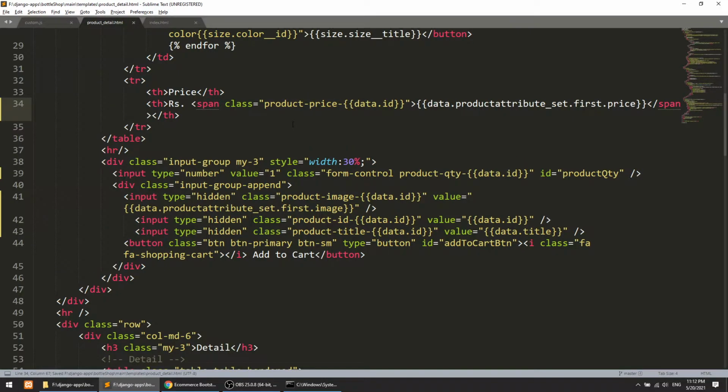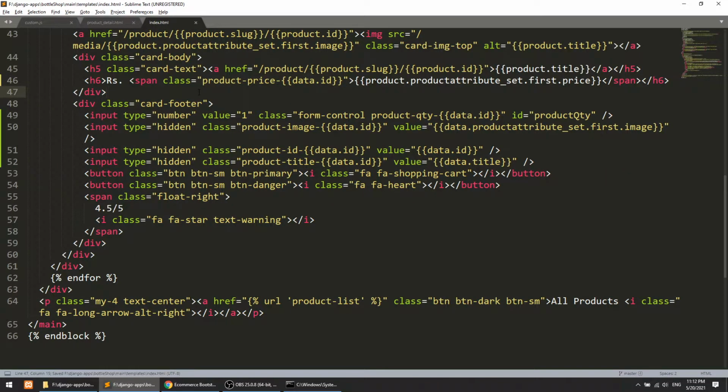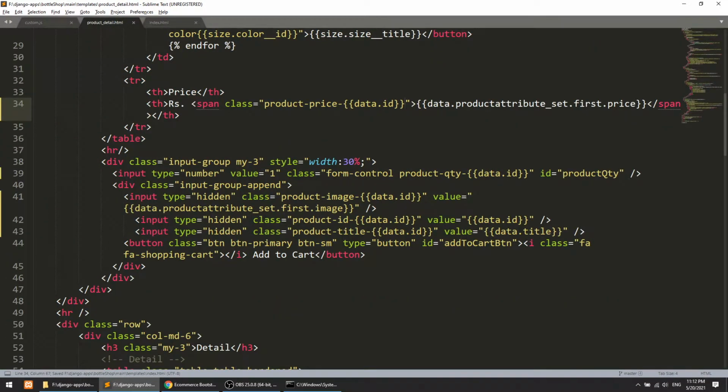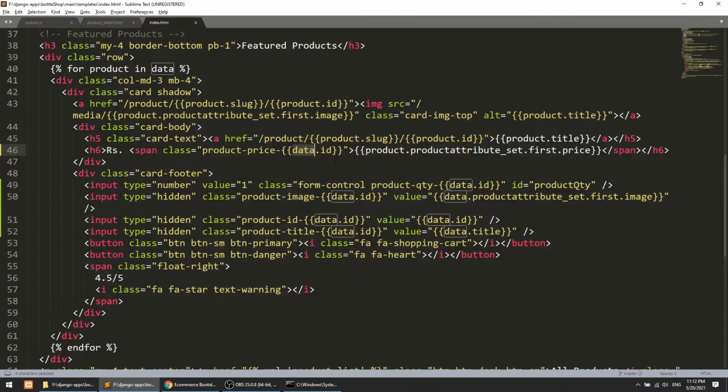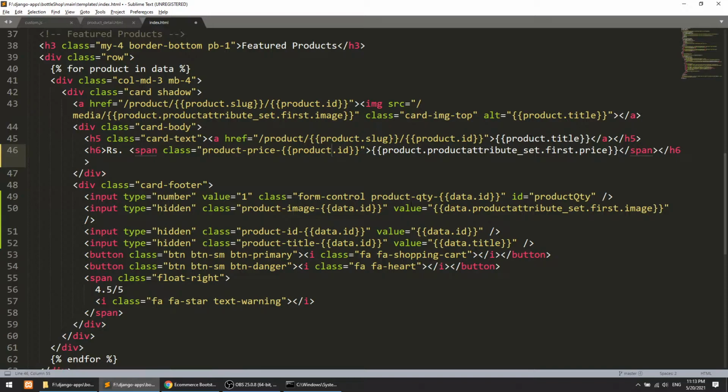And one more thing, we are getting the id. Here, data is not our object, our object is product. So we need to replace this with our product.